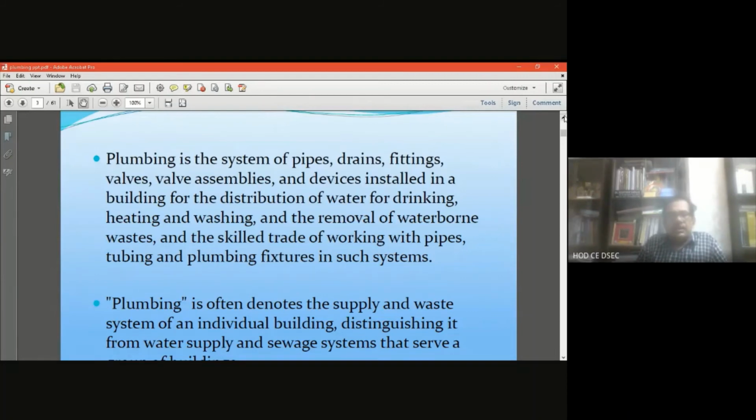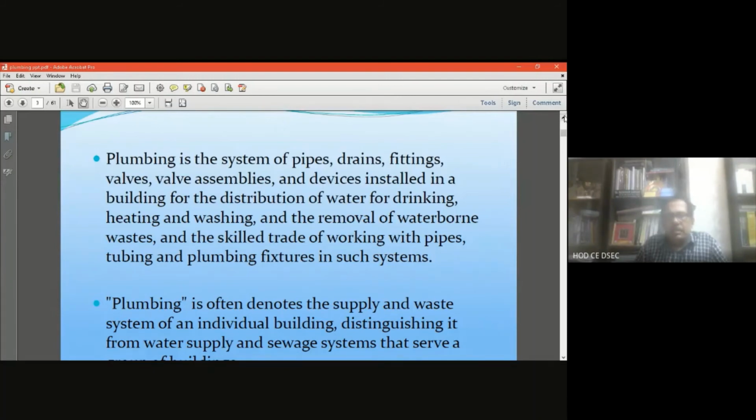That is one part. Then another part is drinking water. Even firefighting also uses the riser pipeline, and there we also use the hose pipe for firefighting. The plumbing part is very, very important. This is the thing which creates very much significance in this civil engineering construction activity.